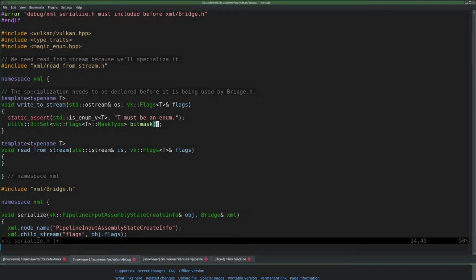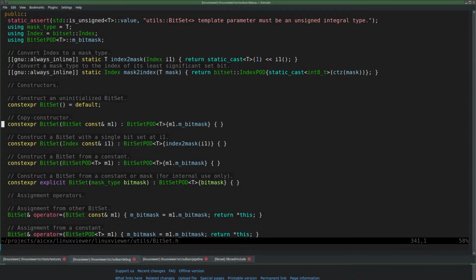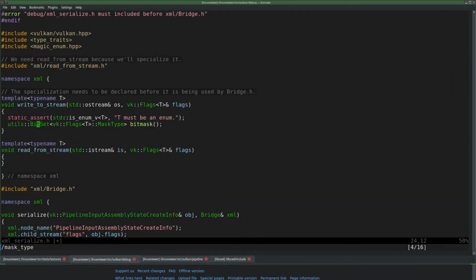So I want to load the value of flags into my bit set, and I bet bit set can be constructed from the type from mask type. Yeah, explicit. You can do that. Now it doesn't get much more explicit than constructing it directly, but I'm using even that.